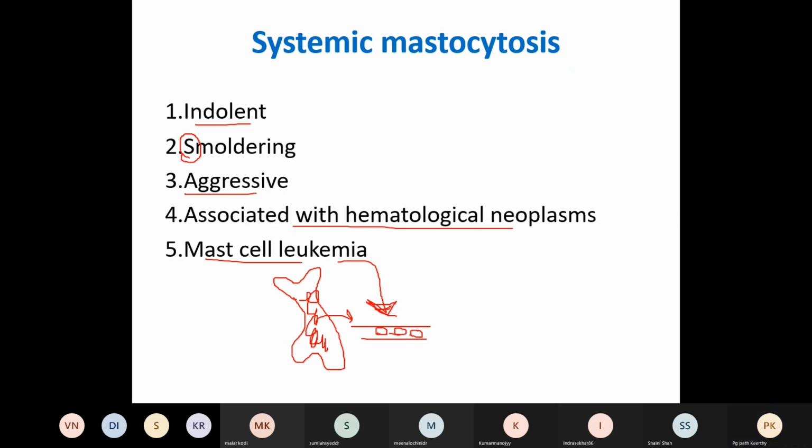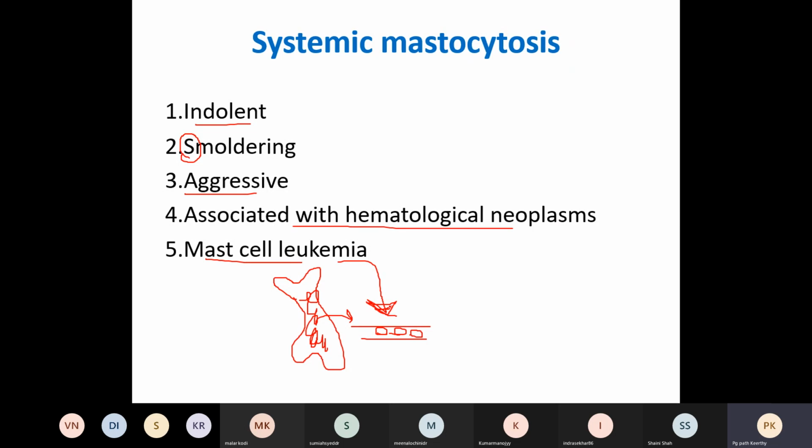Okay. So what is the classification of systemic mastocytosis? One more time, it is indolent, the person who is very innocent. Asymptomatic means he is a naughty fellow, but when you see him he looks very innocent, but he is naughty. That is smoldering. Remember, even in plasma cell neoplasms, we read smoldering, right? Which is asymptomatic, where there is no CRAB, correct? There is no end organ damage.